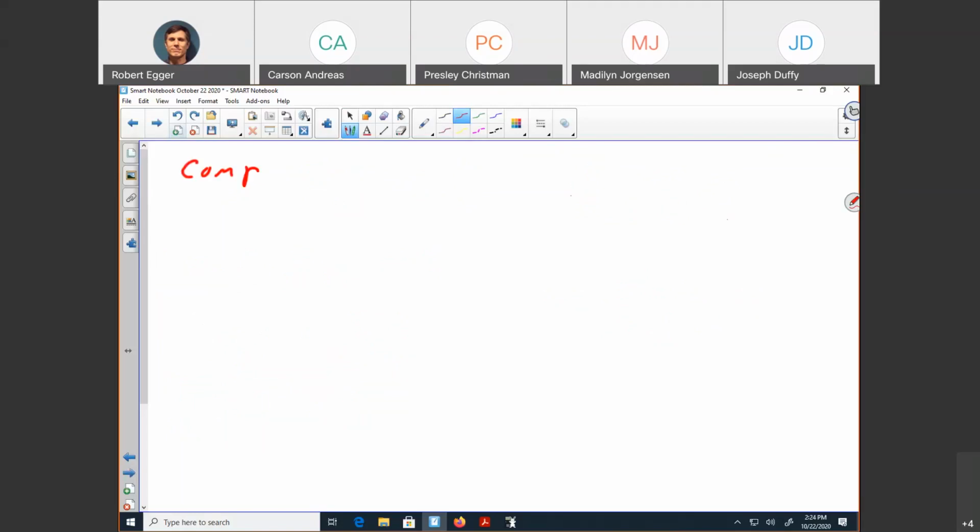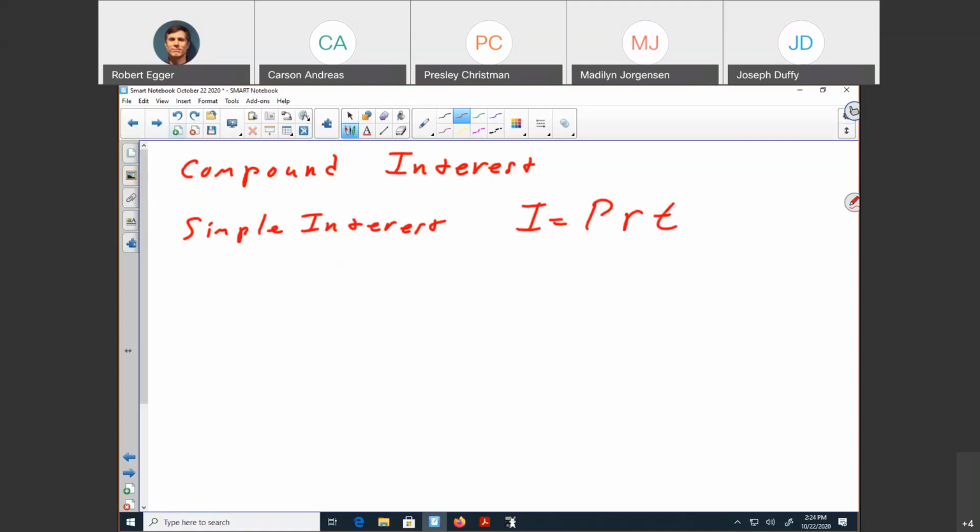I'm not sure what the problem sets are for this one, but compound interest is a formula that's used a lot. With compounding interest versus simple interest, first of all, simple interest is an easy equation. Basically, your interest is PRT: principal, rate, time.